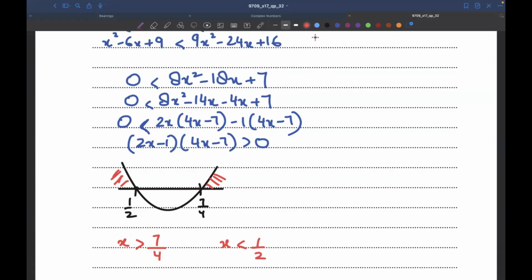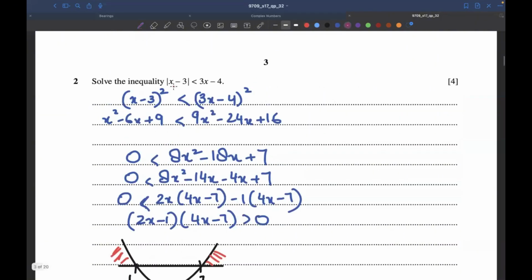However, there's one thing we'll have to be very careful about. From this equation, what we know is that this modulus sign means that this |x minus 3| is always positive, which means that 3x minus 4 is always greater than 0, as it is a modulus sign, which means that this value is always positive. And if it is less than 3x minus 4, it means that 3x minus 4 should also be greater than 0, which means that the value of x that we will be getting should at least be greater than